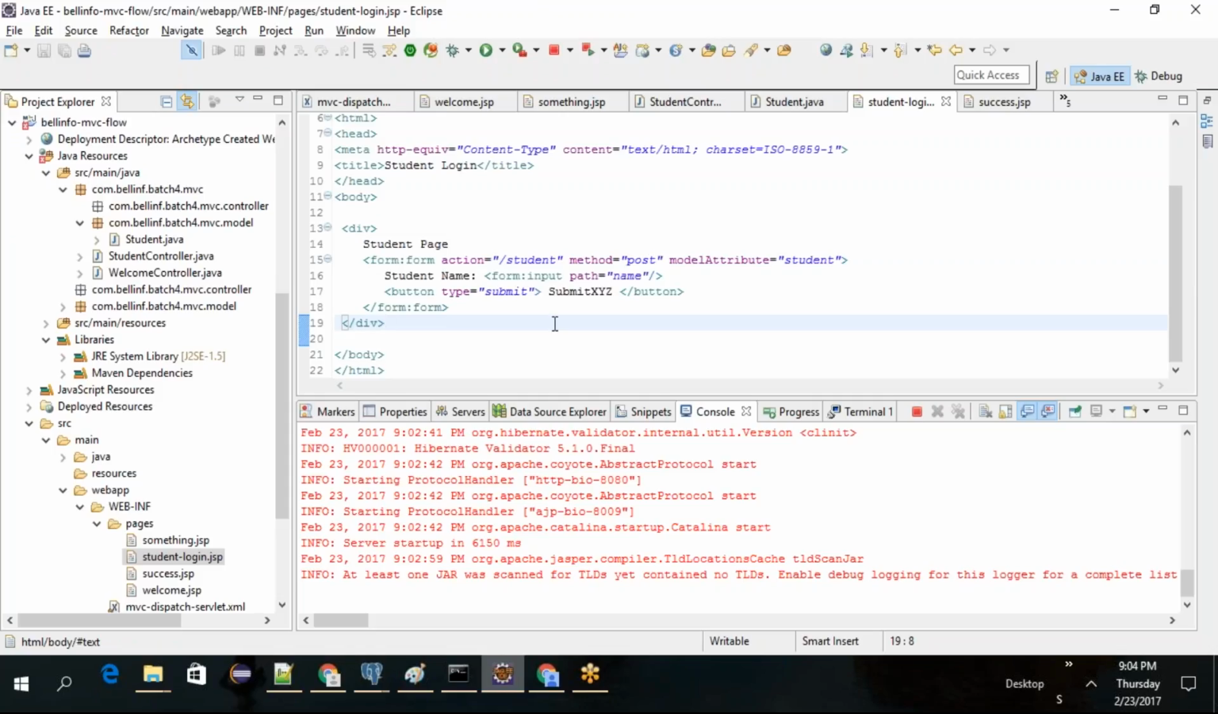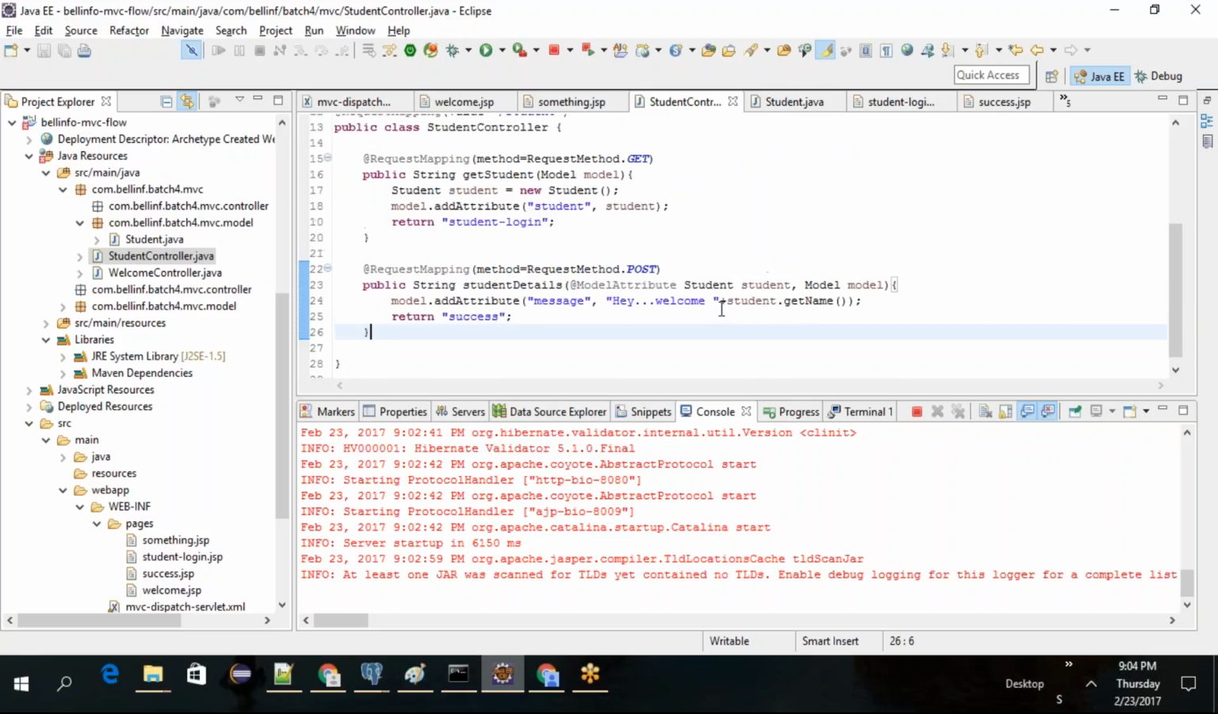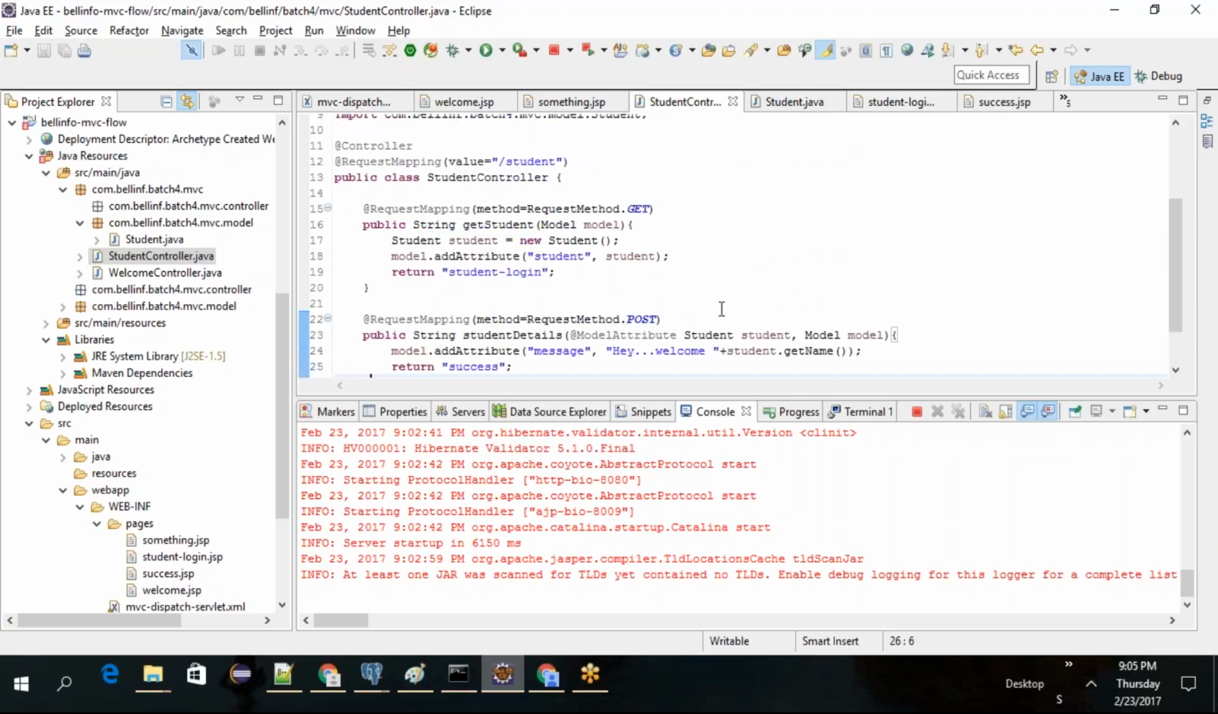So your request has not reached /student, your student controller. Another interesting problem that we got. Let's resolve. Request method POST, controller. Why doesn't it reach here? Does it reach here at least? If it is reached,